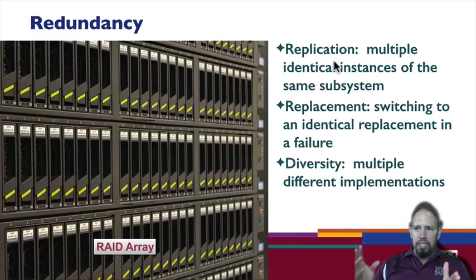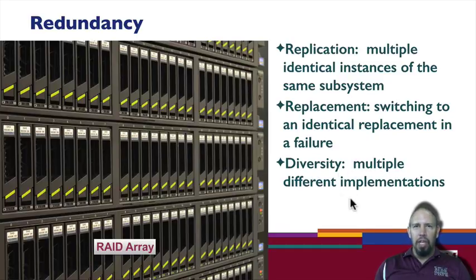If the basic design of a subsystem has a fault in it, a flaw, a bug, then all the others will have the same bug. So if you get into a condition where that bug becomes a problem, then your whole system fails. That's like a single point failure. A way to get around that is to use diversity, that is multiple different implementations, in order to provide the redundancy. By applying multiple different implementations, you can get some